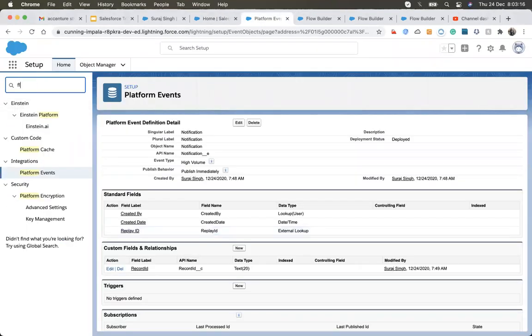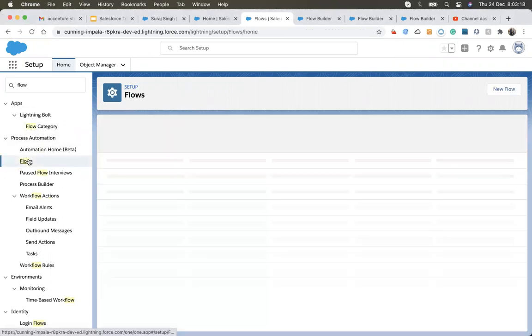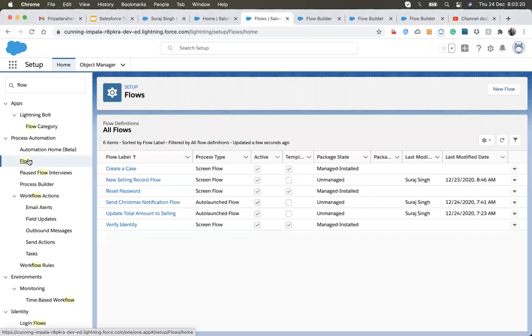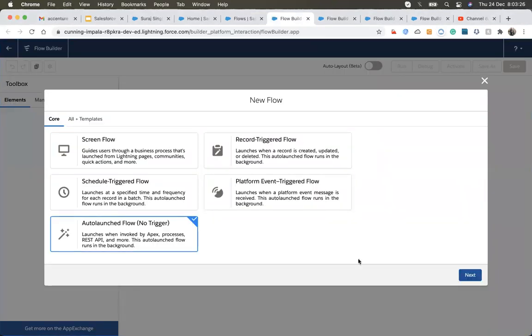Let's start our flow. The last flow, the important flow, is the auto launch flow. As I told you, it's an important flow because it can be executed from Apex code or from a process builder. Whenever we need to execute a flow from a process builder, suppose we have a situation where